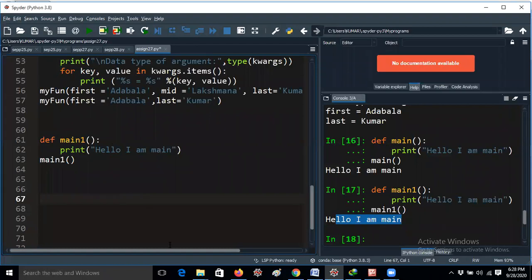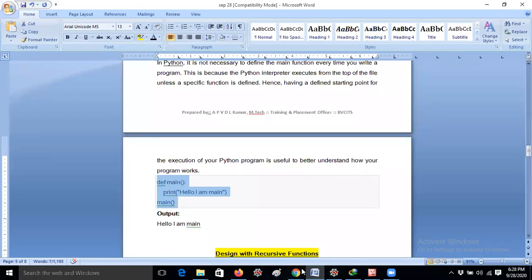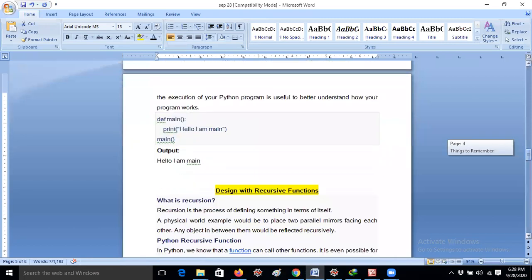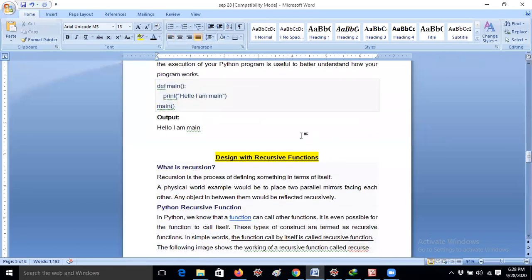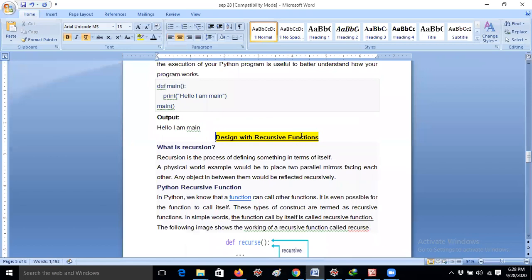Okay, so actually I thought to complete today's concept, and recursive functions also I would like to complete, guys, but many students are having a lot of problems with respect to internet, because you may not get sufficient internet plans, because from morning to evening you have a lot of work, right?